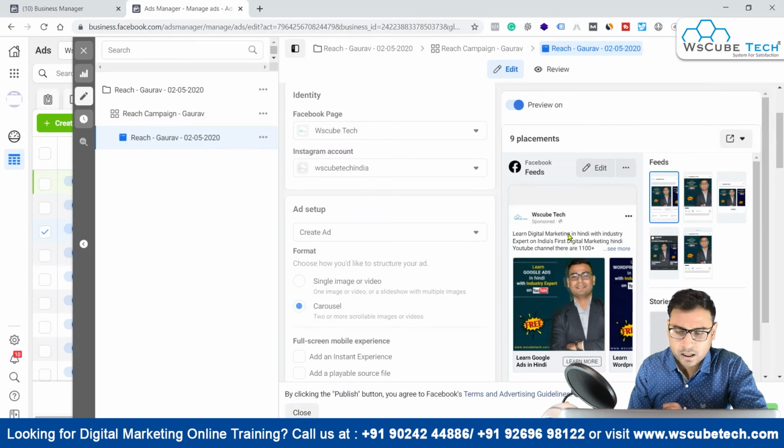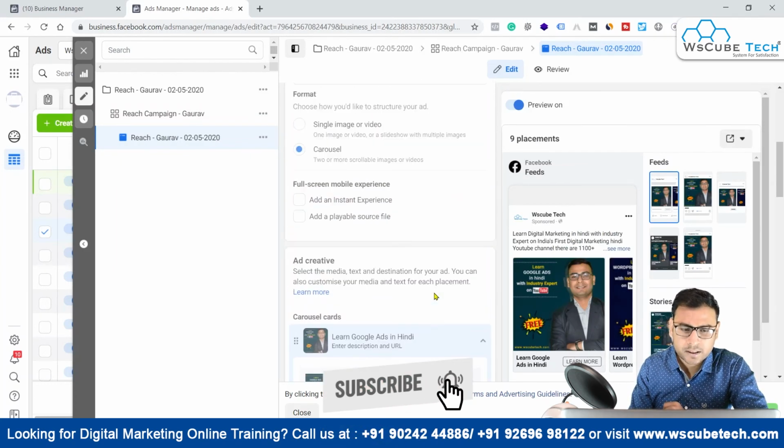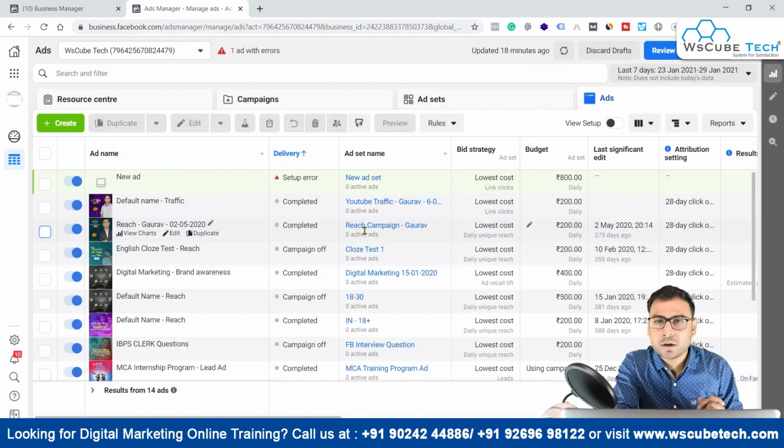As you can see, this ad is in carousel form. Carousel elements we will discuss later. But yes, you can also create carousel ads. The important thing about remarketing ads, or the creative that you are going to use in a remarketing campaign, is that you should be able to establish some connect, and you should use different elements from your website in your ad.